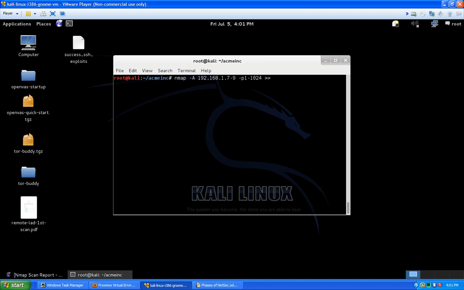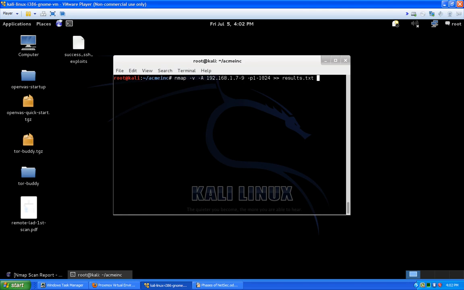Okay, so we want to do that to results.txt. And it's always a good idea in Nmap to use verbose as well. So we can just put that before our -A, so it's -v lowercase for verbose. You can also issue a flag that will update the stats every 10 seconds, 20 seconds, whatever you want to do,